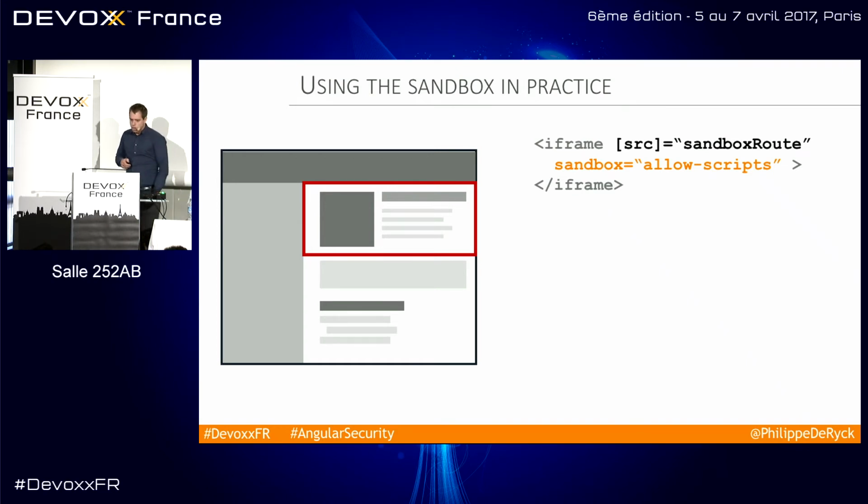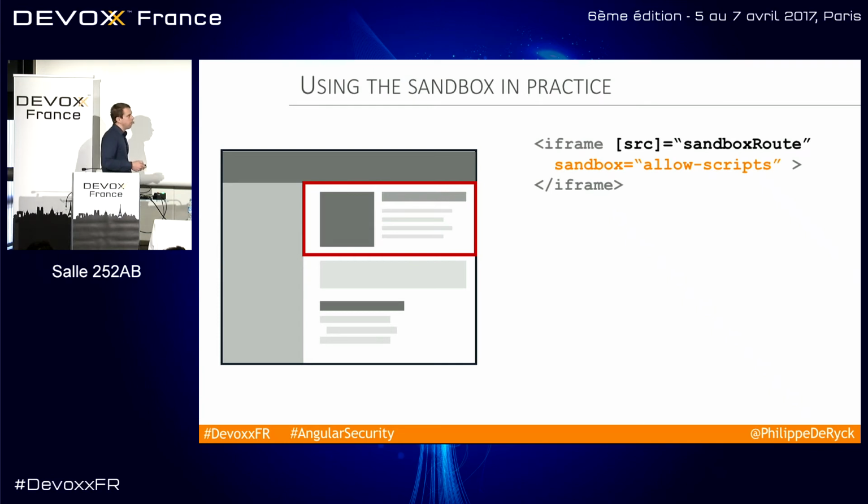a route in there. If you do that, this will actually trigger navigation. The navigation will be handled by Angular, and it will actually load a separate Angular context, because this is isolated from the outer page. So you will bootstrap a new version of the application here. That's why you need the allow scripts. There are ways to communicate with the sandbox. I will cover that in the next slide. If you want to share data between both, that is possible. But it is important to know that this is isolated from the rest, so it's not the same application instance